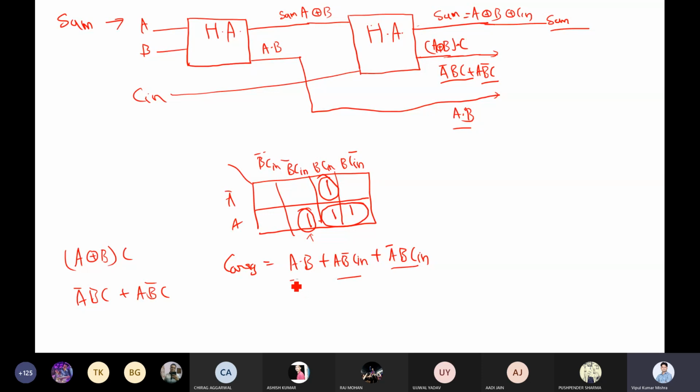Now if you look into these two terms, can we get them from here? And this term we are getting from here. So what do we require in order to club them together? One single OR gate. And from here you will get your C out. Getting? Got it? So now what we have done, we have used two half adders and one OR gate to make the circuit.